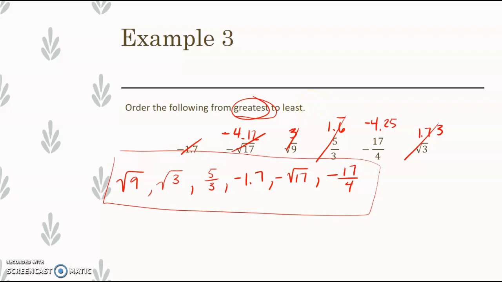So remember, change fractions and square roots into decimals. Do not drop any negative signs, otherwise that'll throw you off. And then make sure that you read your problems very carefully. On your work, I want to see those decimals, so when you're comparing square roots or fractions, I want to see the decimal form to help you compare, and I want to see on your original problem where you're finding your decimals. Now remember, we go back to the original answers when we write them in our least to greatest